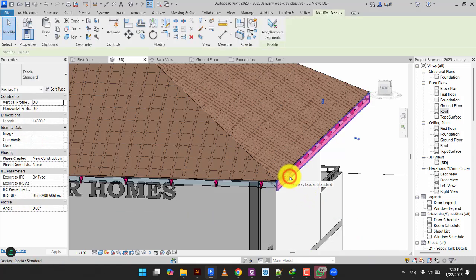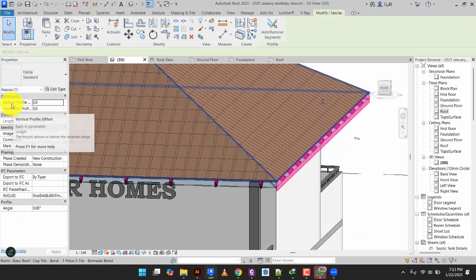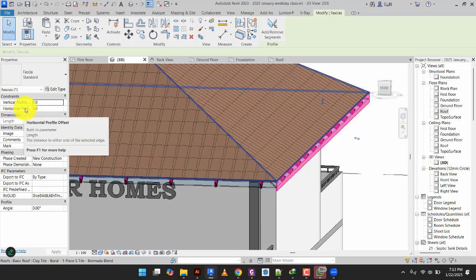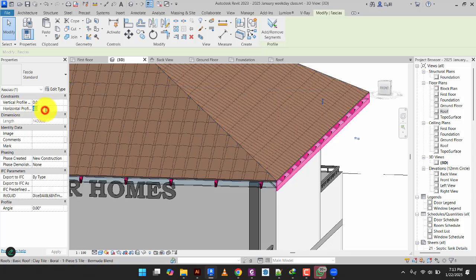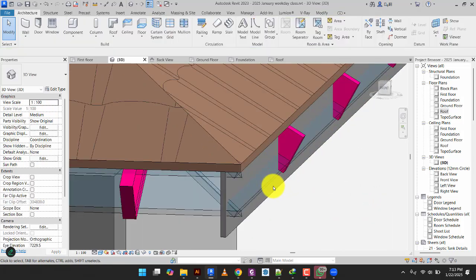Then in my options here, I'll see vertical profile offset. Then I have horizontal profile offset. Vertical is this way, horizontal is this way. So I'll do horizontal. Inside horizontal profile, I'll give it an offset of, what, 75. So I'll put in negative 75 because it's going inside. You see what happens? It goes inside. You can see it, but